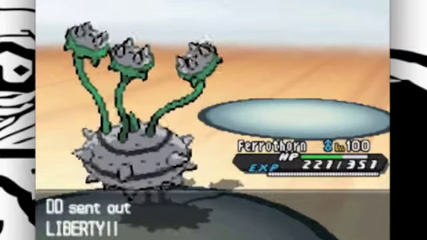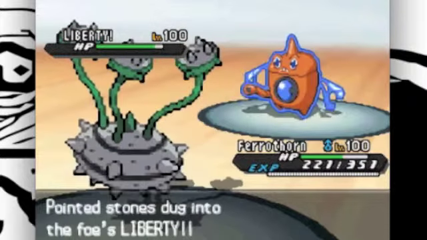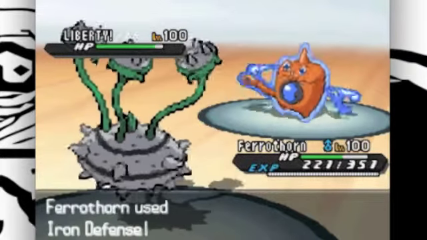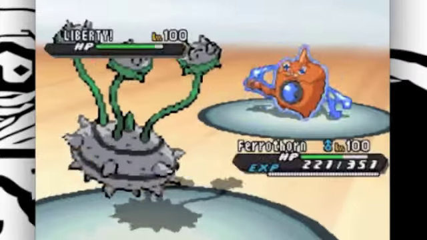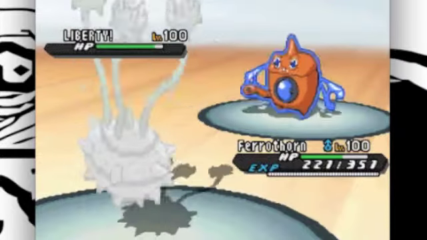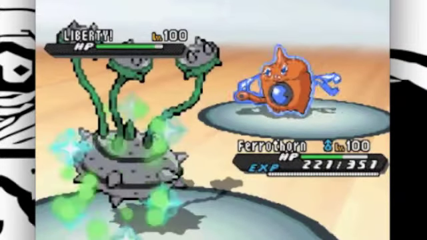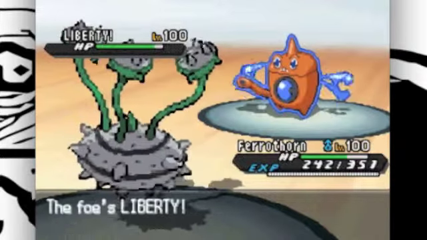But the only reason I do OU instead of like NU or something is just because I want to be able to use the Pokemon I want and not worry about accidentally using an OU Pokemon in an NU match. Anyway, so he goes back into Liberty, and as I set up Iron Defense, expecting Sequoia to do something,